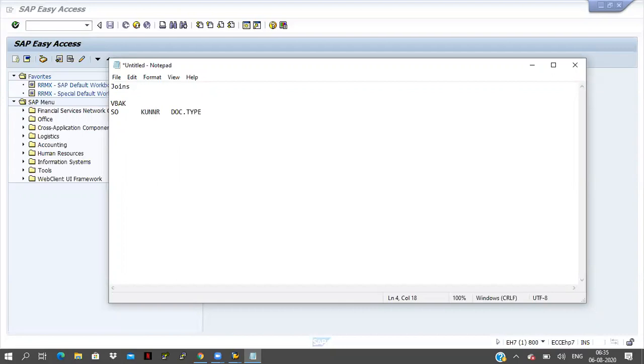Here, sales document number 123 is there, and a customer number is there, and the document type is something like D1. The same way, 124 document number is there.